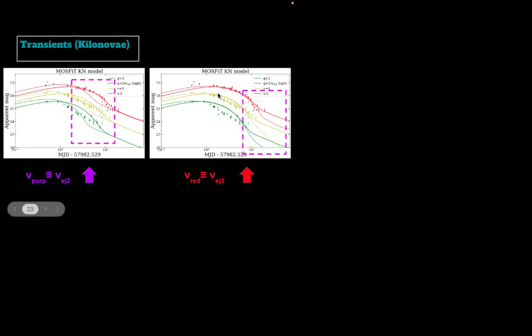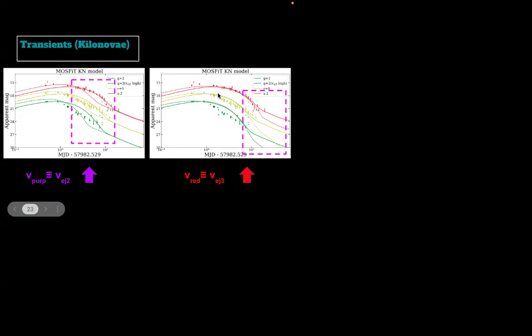If the velocity is very high, it will disperse or diffuse very quickly, so your brightness will drop if you have a very high velocity ejecta. In this way, depending on how fast the curve is rising and falling, or whether it has a long tail, you can tell about the ejecta material.